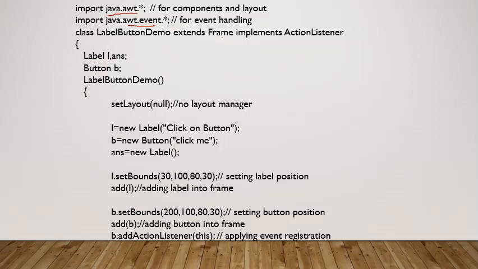Then why this dot event again and dot asterisk? Why can event be part of this? That can be the confusion at the beginning level. What exactly is there in the packages? In the Java library, they have created a folder named Java.